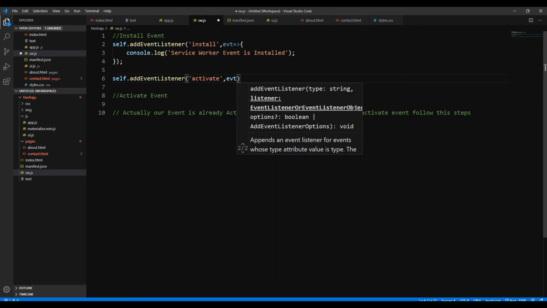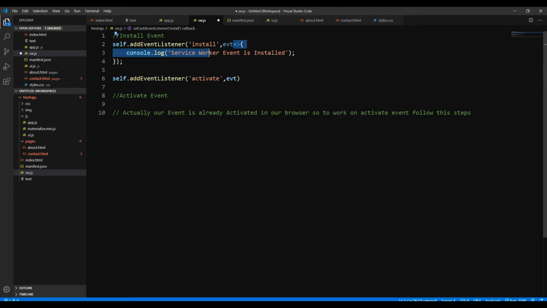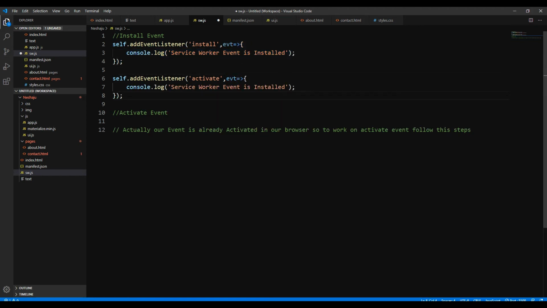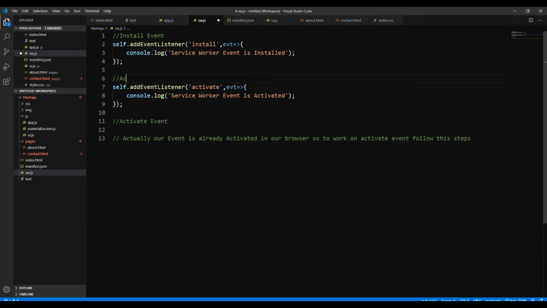should be reinstalled, right? So if we save it, come back to the browser, we see registered and installed, but we do not see activated. That's because we already have a service worker, the previous version before we made a change to it, activated already in the browser. Remember, the browser does not automatically activate our new service worker version and replace the old one